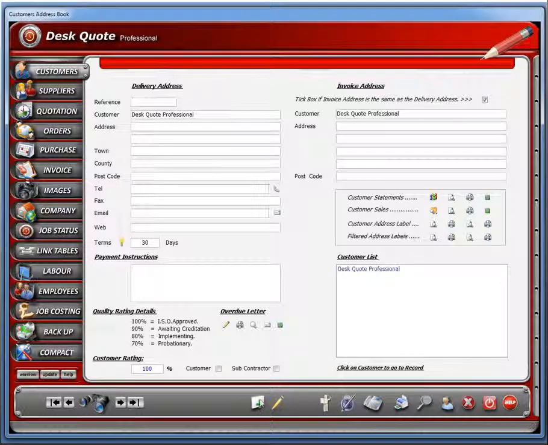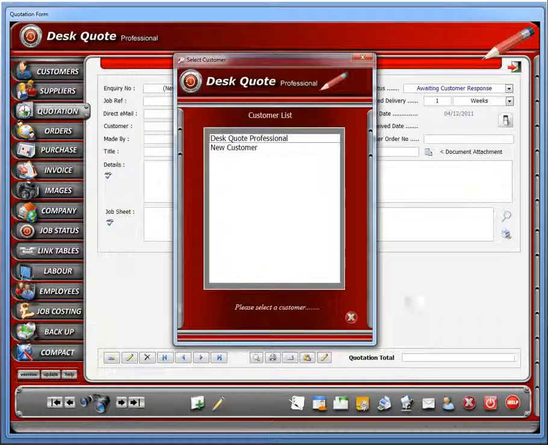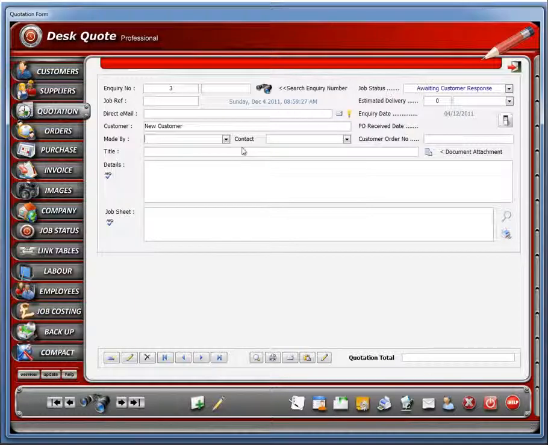I will click, enter a new customer. We will leave the address for now. Into the quotation, click on the new button, new customer. In the new customer form, if we navigate back to the new customer form,